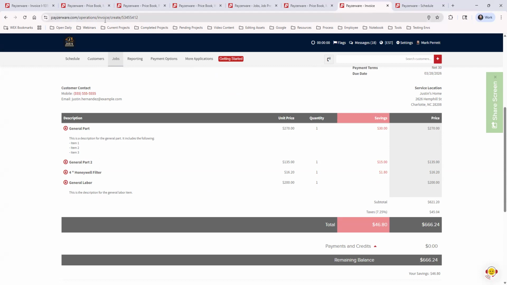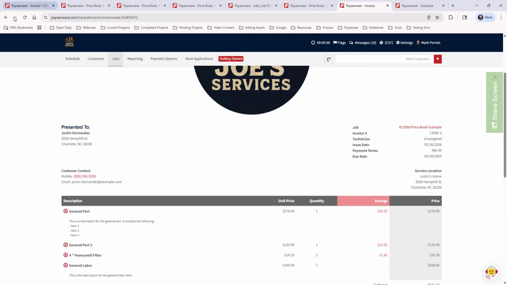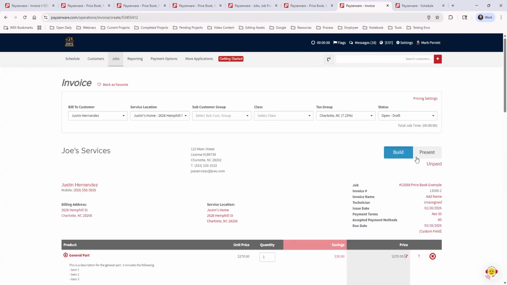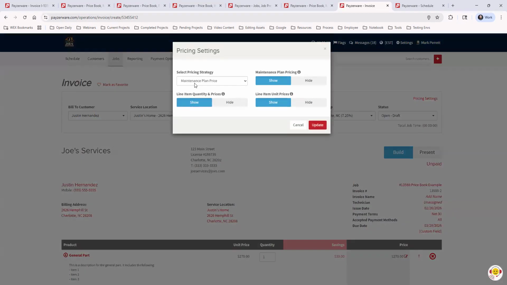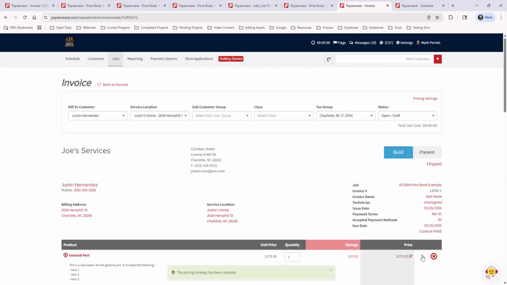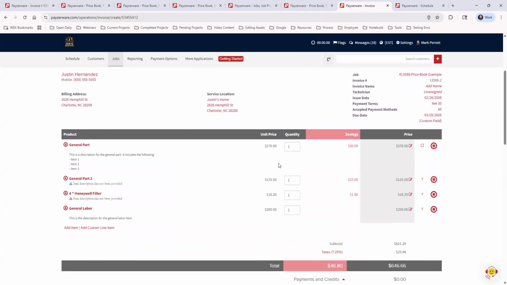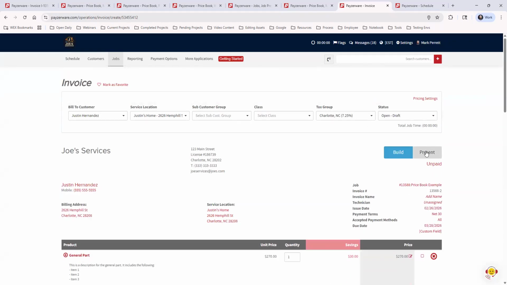And if you go back, let's go to build mode. If we update these pricing settings, let's say we're going to hide these items. You still see them here, but that's because we're in build mode. We want to be able to see this. But when we go to present mode,